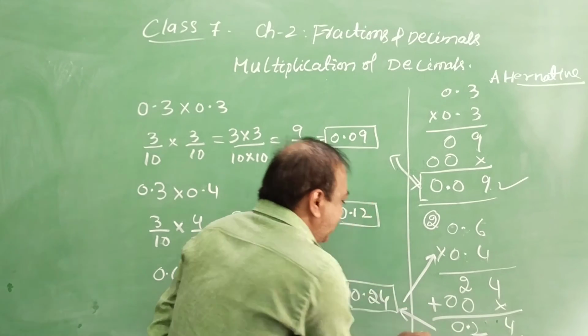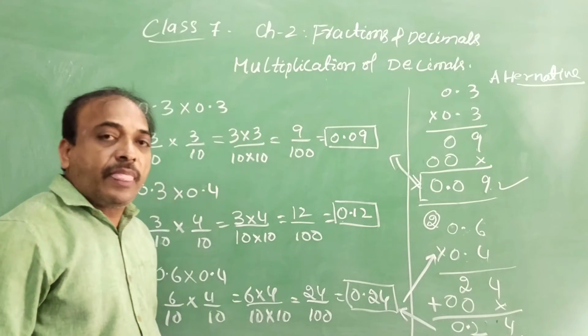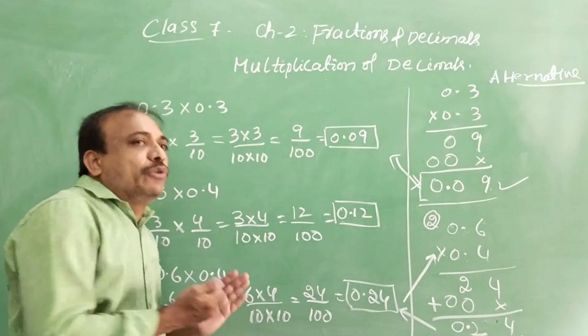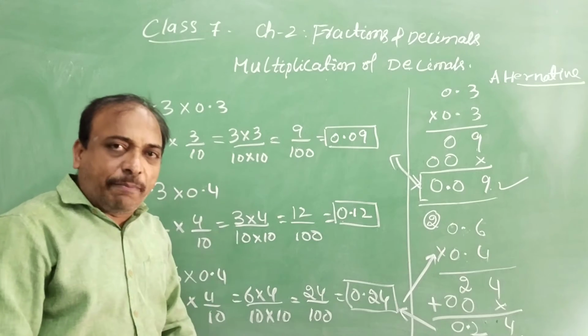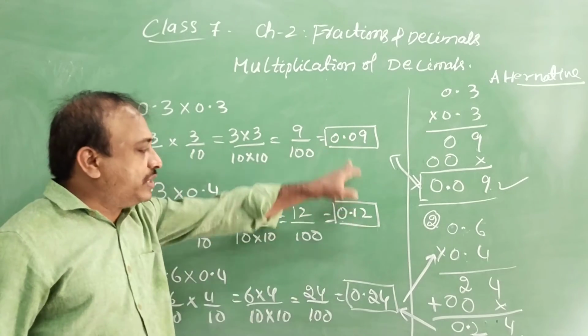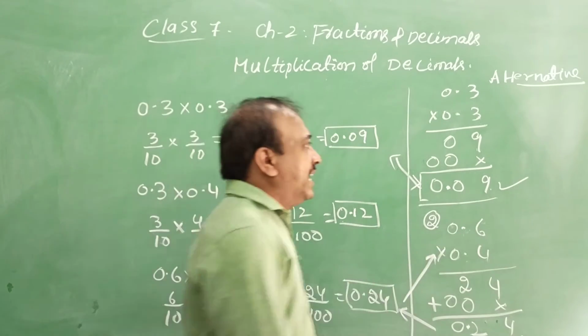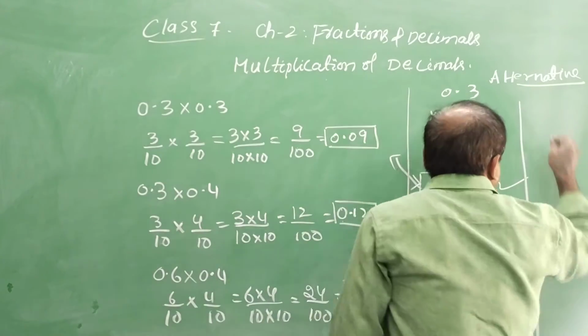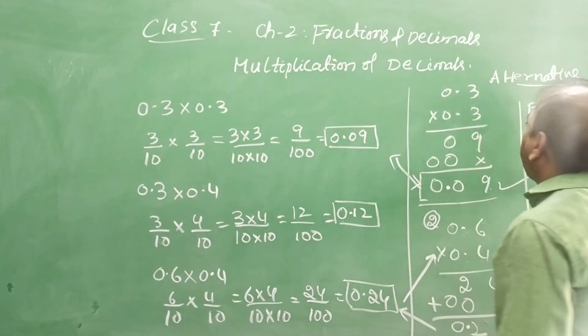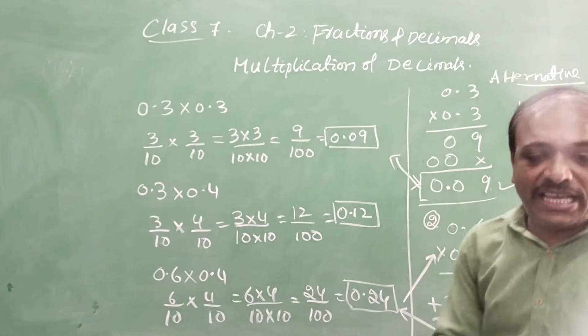You check this answer now. Both are the same. So converting into fraction, finding the product, and again converting into the decimal form, and here directly normal multiplication. Let us verify one more question. Another example you see here, like multiply